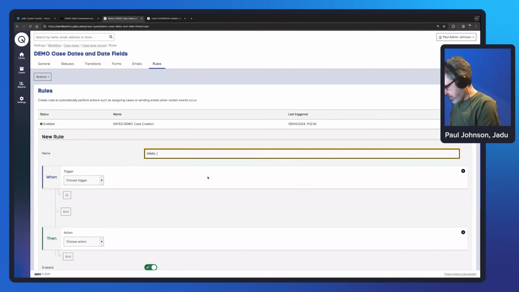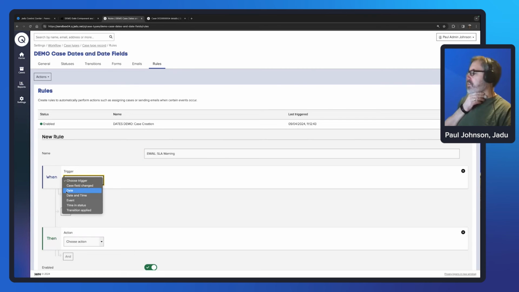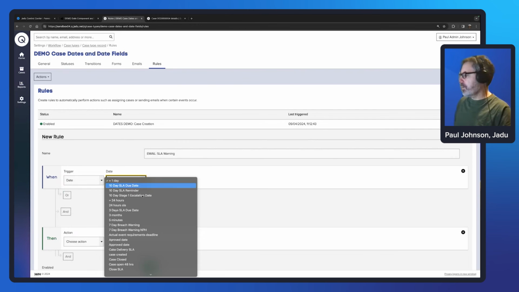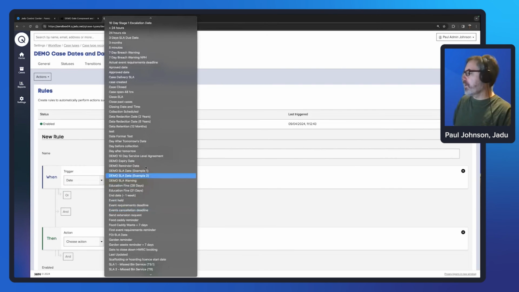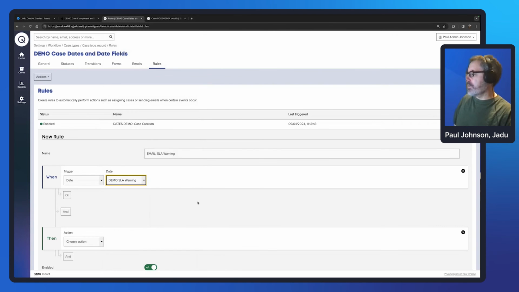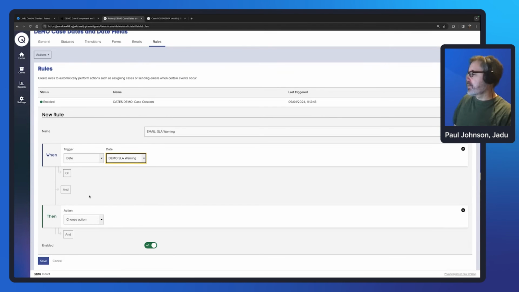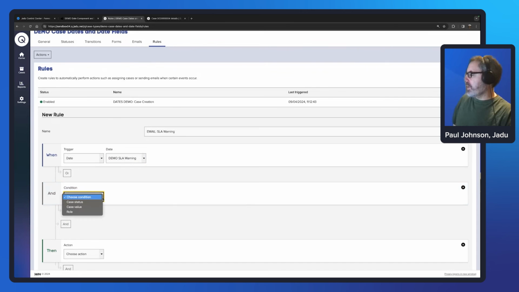Let's call it email SLA warning. So my trigger is going to be a date. So this will give me a list of all the dates in the system. Somewhere in here, I will have my SLA warning date. So I'll select that. So my rule is effectively saying when it reaches that date, and case status is not closed,